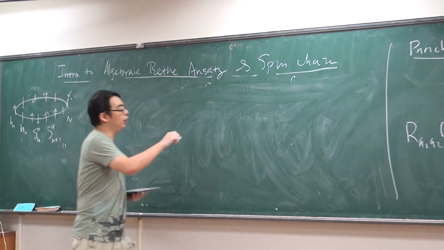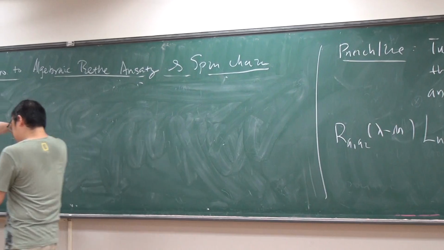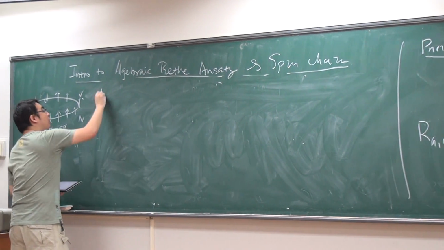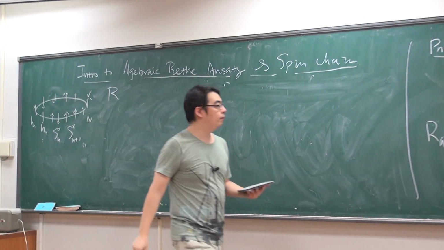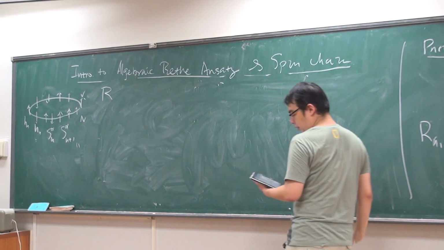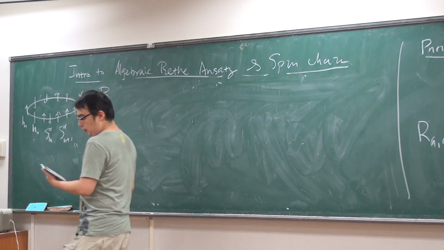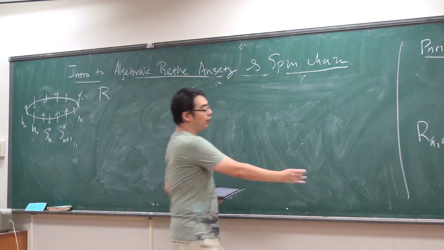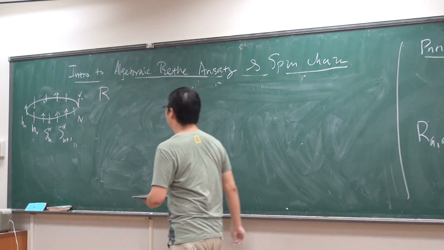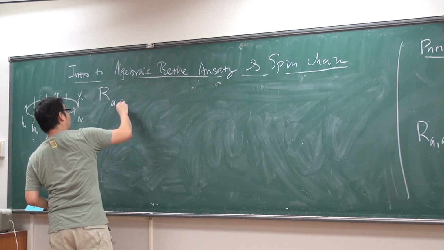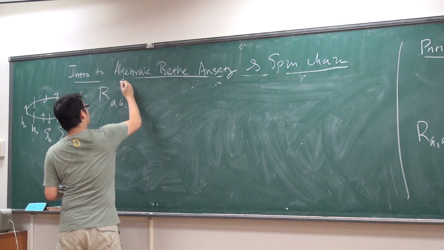Actually, let me just write down the formula and then write down the diagram. It's all uniform this way. Let me define what the R matrices are, actually. So the R matrix is simply, also, there's